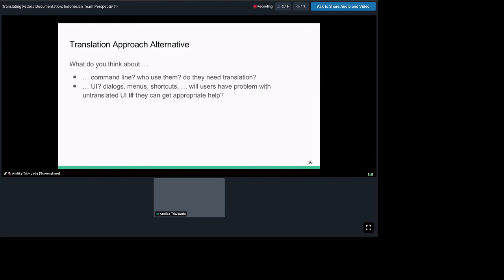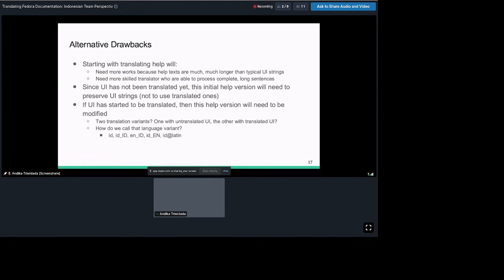But if we still refer to the original menu, original dialog, I think the search will be more helpful. We will get more results. But the problem is that when we start with translating the user guide or help, after we already finish them, then what to do next?